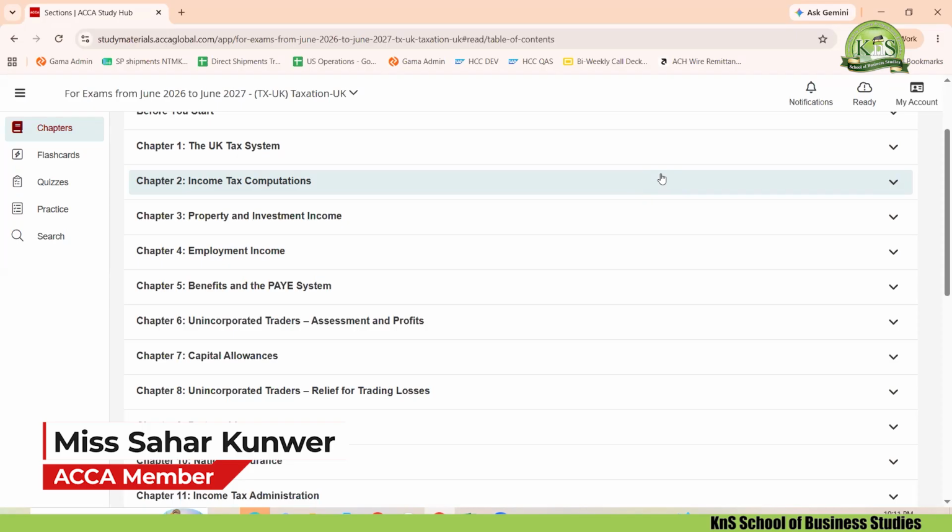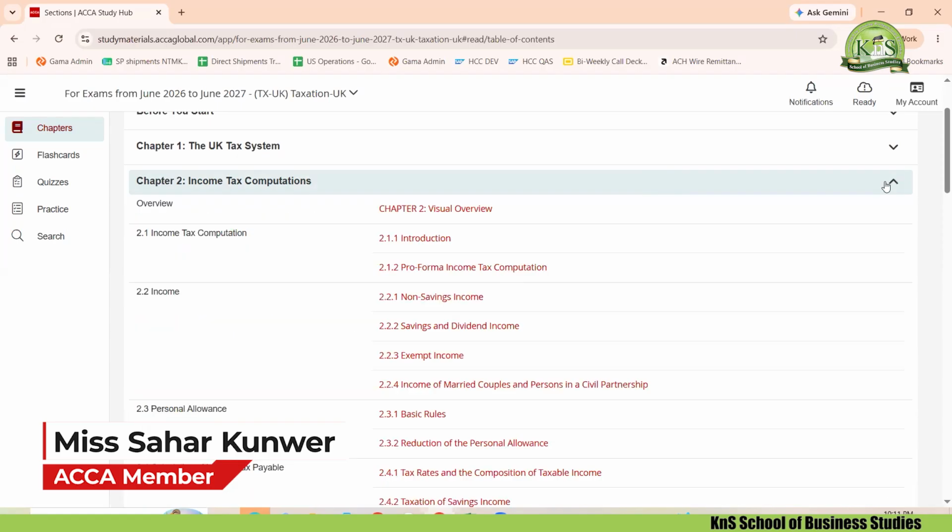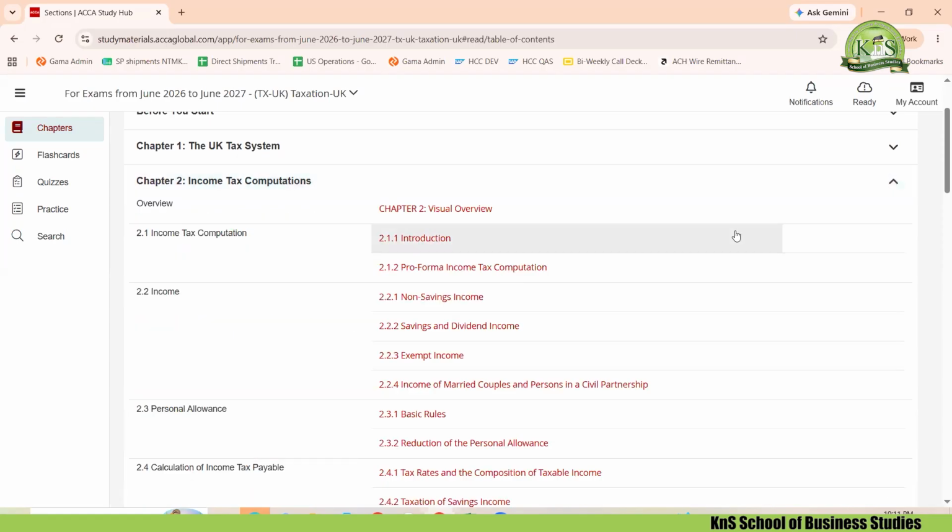So today I'm going to start with the income tax computation. I'm going to follow the format in which ACCA has advised the best practices for learning, and all the topics associated with it will be discussed over here. The only thing required at the moment is a calculator, or if you have Excel in front of you, if you're taking class from your laptops, you can open that. I'm also having it here, so I'll show you how you can calculate the tax liabilities within minutes.